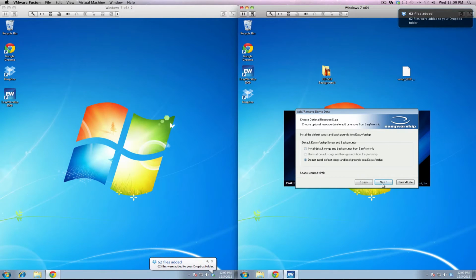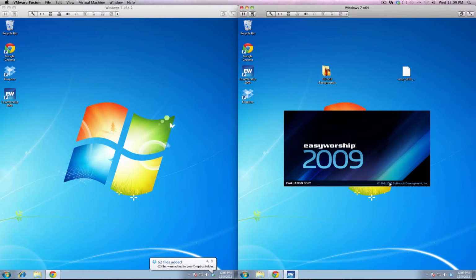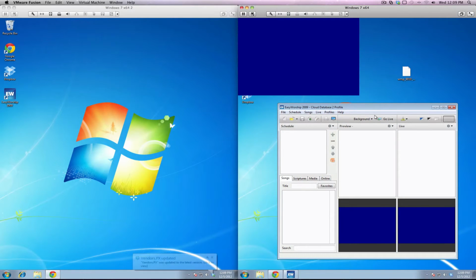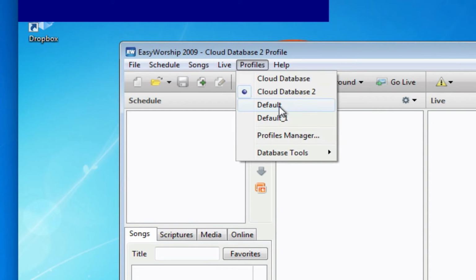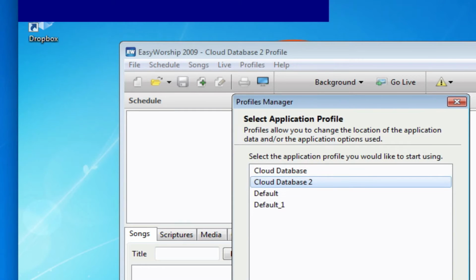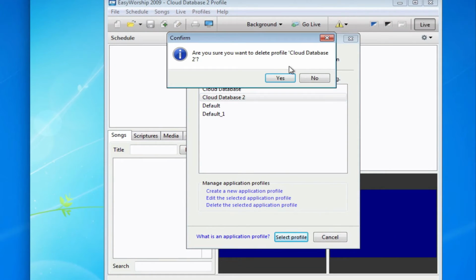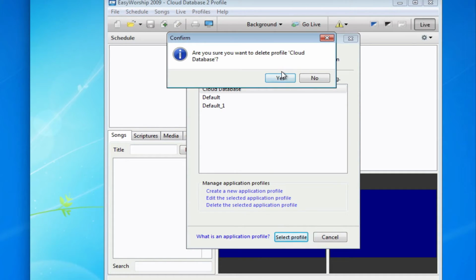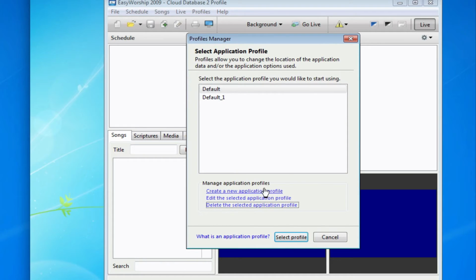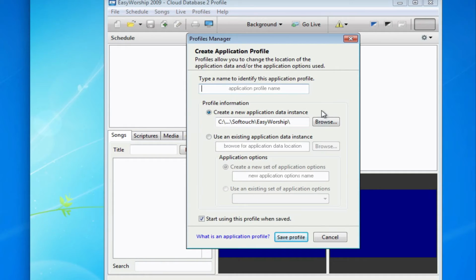I'm just going to go ahead and click next for these and not install those. Okay, now that we've got EasyWorship opened up, we're going to go to Profiles, and we're going to go to Profiles Manager. And let me get some of these out of here. Okay, and then we're going to go to create a new application profile, and in here we're going to do Cloud Database,